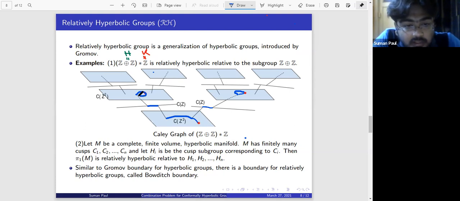It will be like this, and again this, and again here. Okay. So then this triangle, the triangle in the Cayley graph of Z direct Z star Z, is divided into